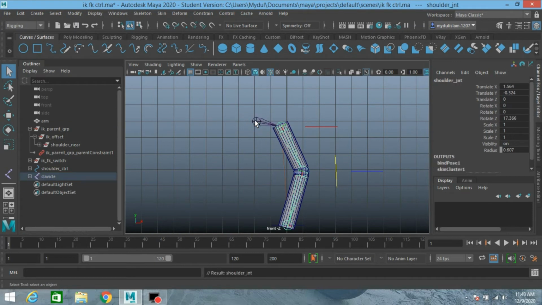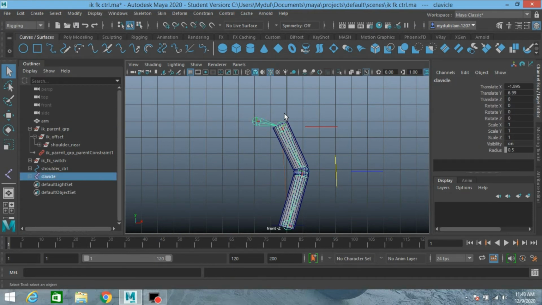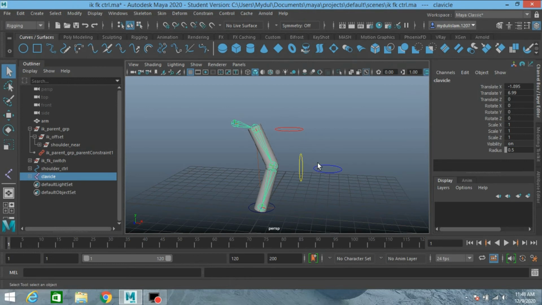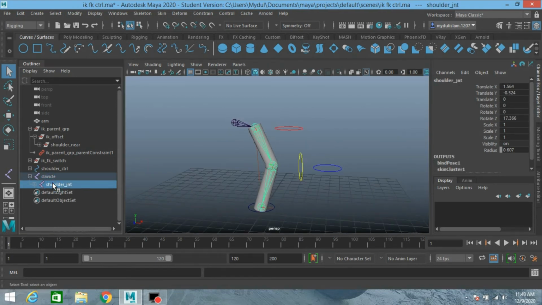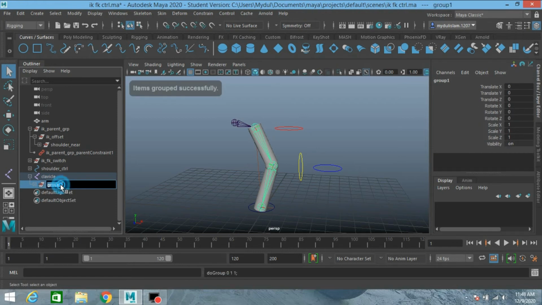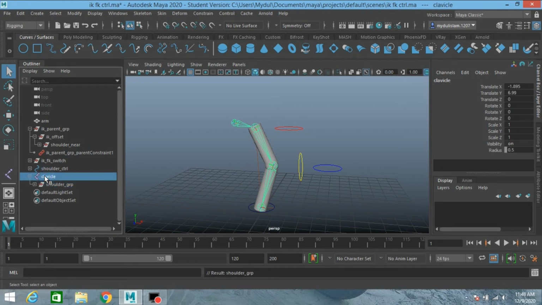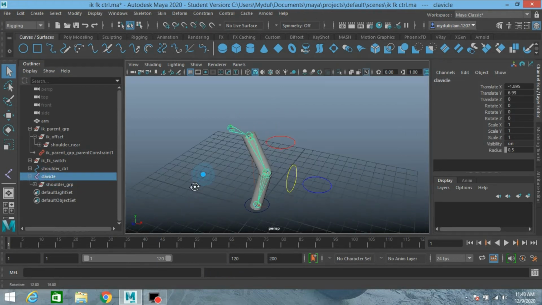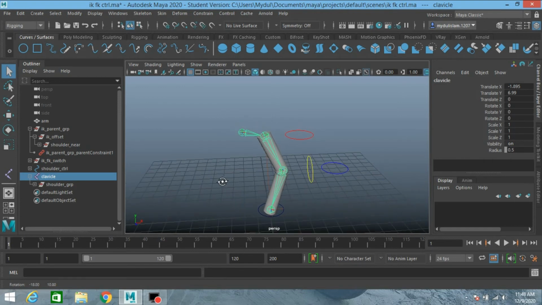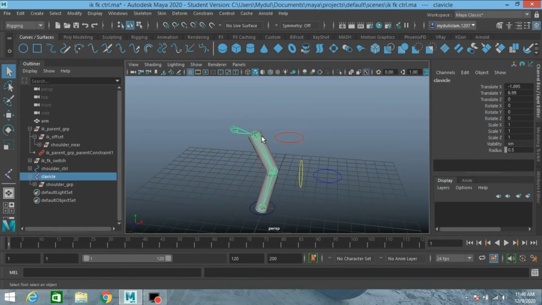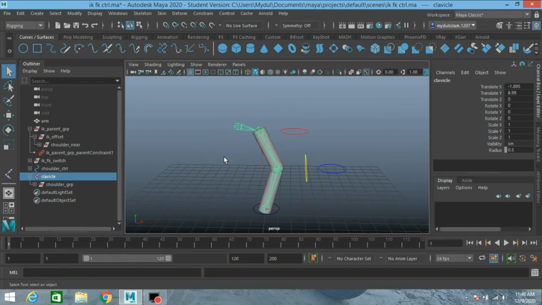Press P to parent it to the clavicle joint. Now select the shoulder joint, press Ctrl plus G to group it and rename as shoulder GRP. Select the clavicle joint and see the shoulder joint is parenting with the clavicle joint.